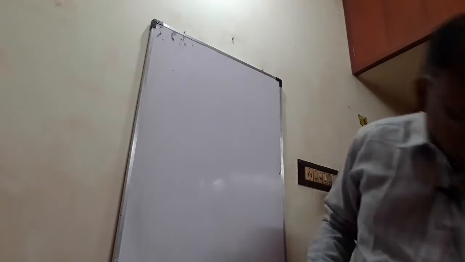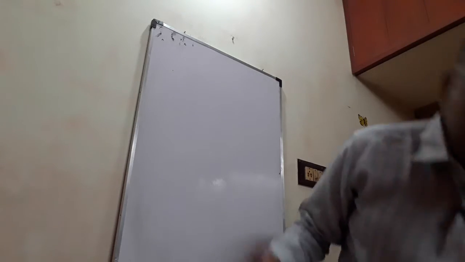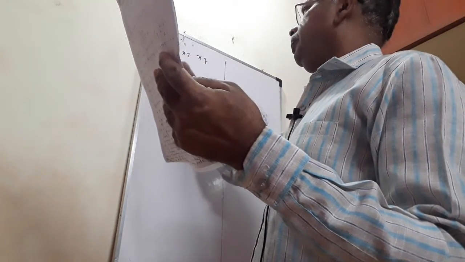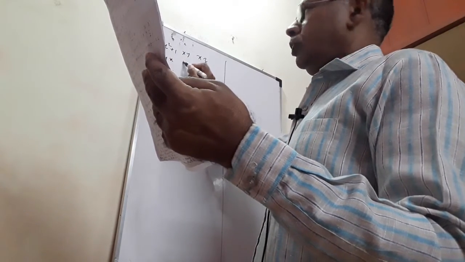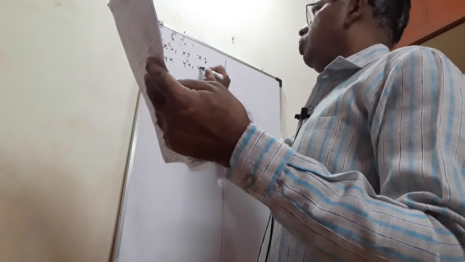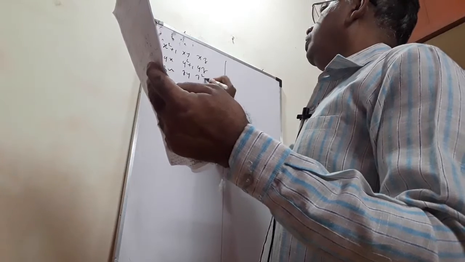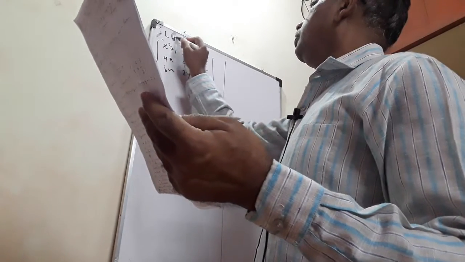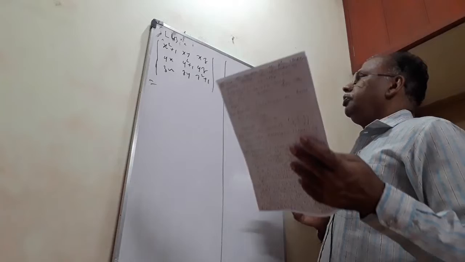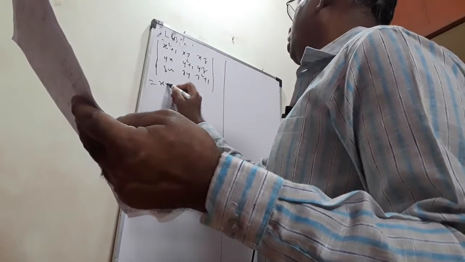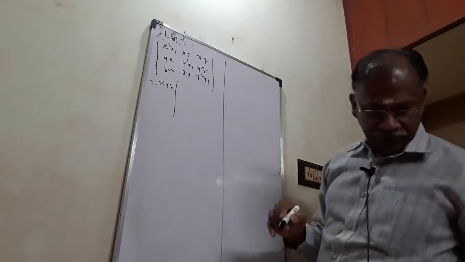Let me see how we go about it. The determinant: x square plus 1, xy, xz; yx, y square plus 1, yz; zx, zy, z square plus 1. This is my LHS. What I intend to do here is take x, y, z as common from